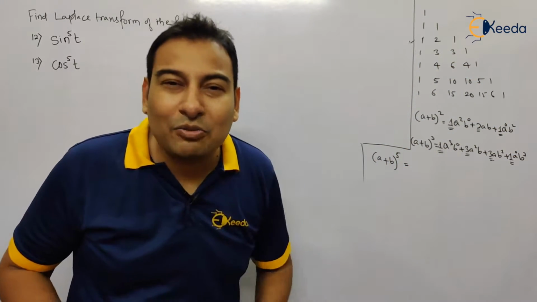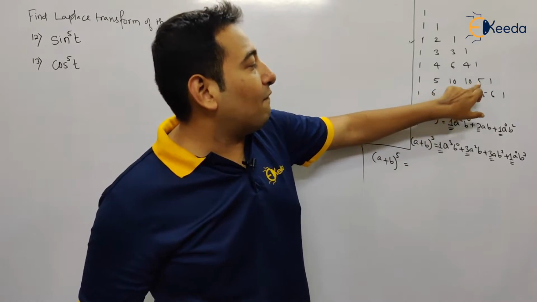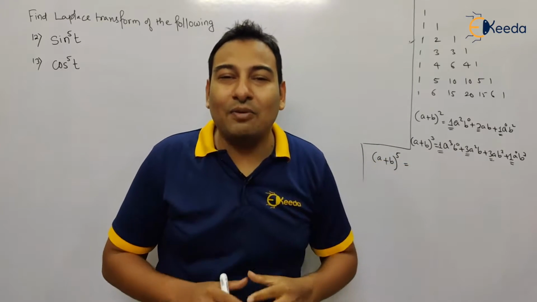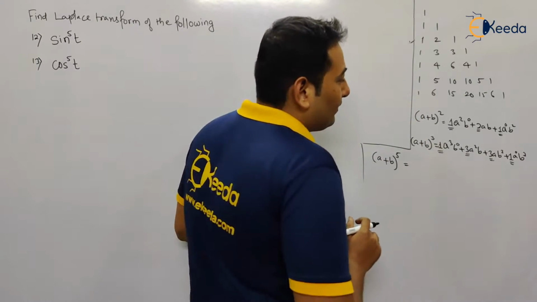So in case of (a + b)^5, what will be the coefficients? 1, 5, 10, 10, 5, 1. These will be the coefficients in (a + b)^5, right? Now, initially, see here,